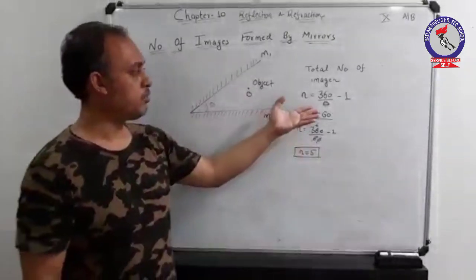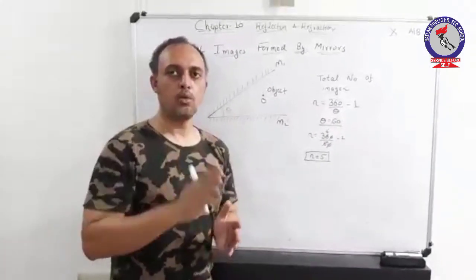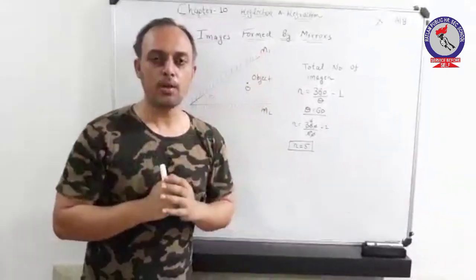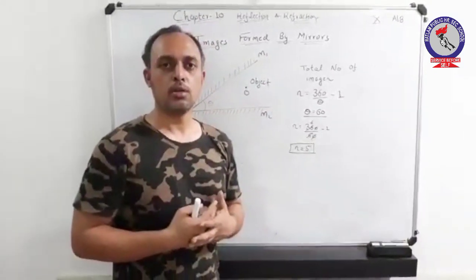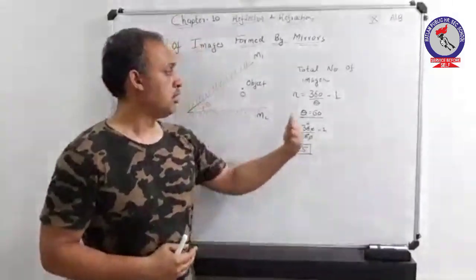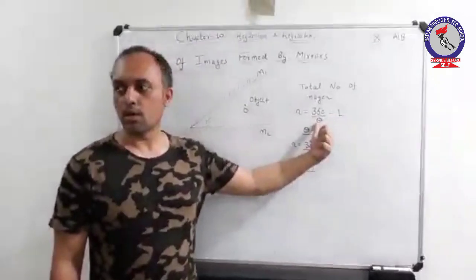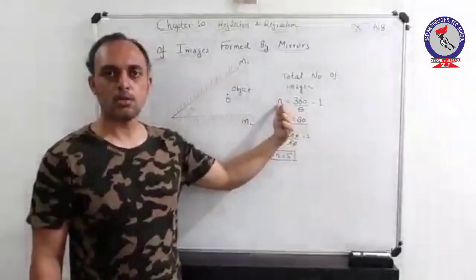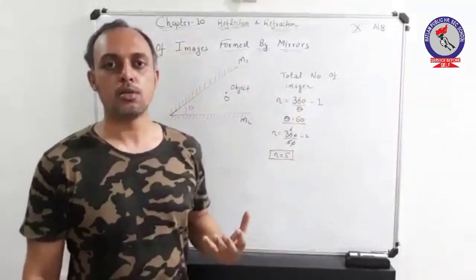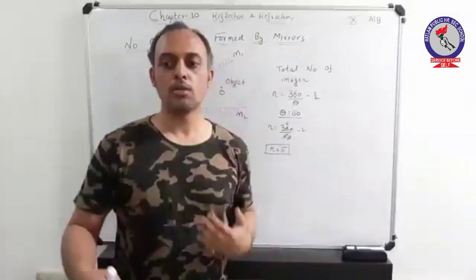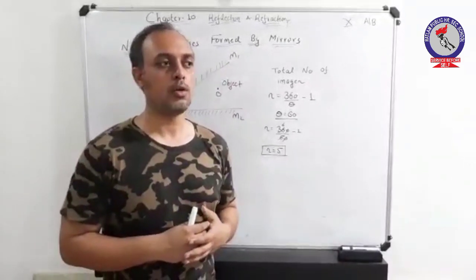What if the two mirrors are parallel to each other? If you imagine that you are standing between two parallel mirrors, you will observe that the light after multiple reflection forms a large number of images. If you keep theta 0 degree here, what will be the total number of images? Infinite images will be formed. But if you try to observe these images, you will observe that the images get dimmer and dimmer time after time. Time after time means after multiple reflection.